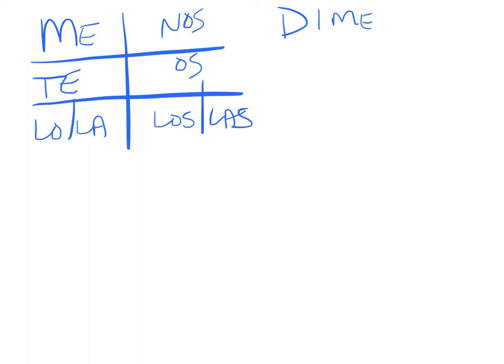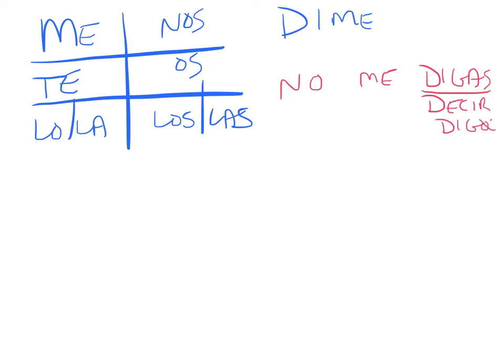With the negative ones, it goes in the back. So if I wanted to say, don't tell me, I would say, no me digas. Sorry, it goes in the front, okay? It goes in the front. So positive, back, and attached to the command. If it's negative, it goes in front. So I said, no me digas, don't tell me. How did I get digas? It's decir. Go to the yo. Drop the o. Add the opposite ending. No me digas. So, positive in the back,